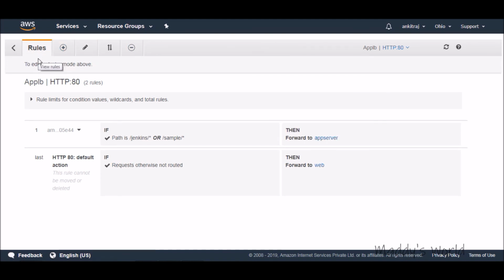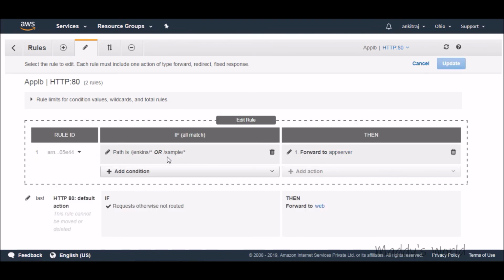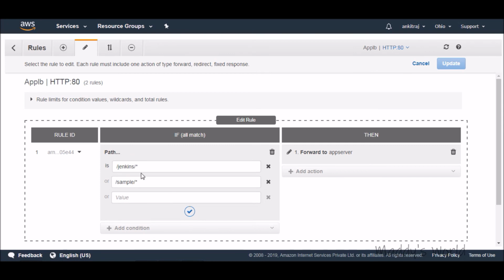Right, this is what basically we have done. So the target group we created, right? We created some different rules for them. Here you can see we are just writing some rules which say that anything coming on /Jenkins with the LB, right? We have given a star because after the Jenkins, once you hit Jenkins, it will further redirect to some APIs. That's why we have given the star here. So anything coming after Jenkins should be redirected.